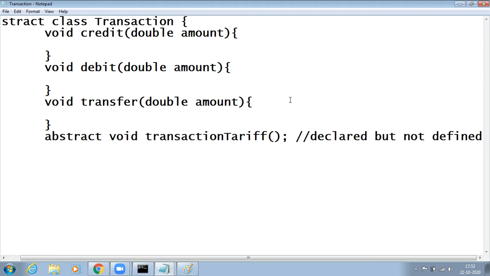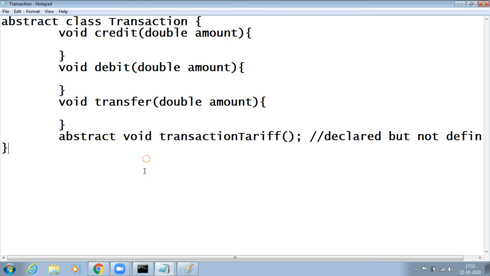What is the meaning of declared but not defined? I just declared the method, but I hide the functionality. Why do I hide the functionality? Because a transaction tariff will be different for different banks. If it is SBI to SBI, they will not take any tariff for credit, debit or transfer. If you credit an amount from SBI to some other bank, ICICI, they will cut some transaction amount.